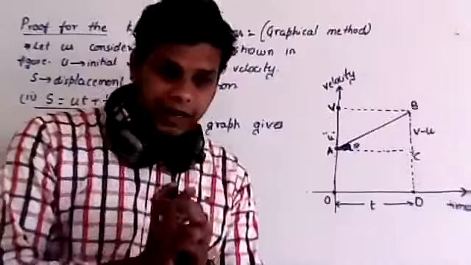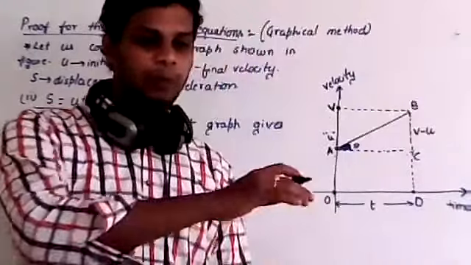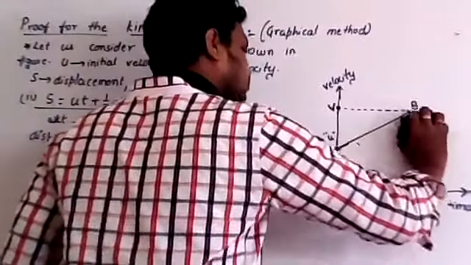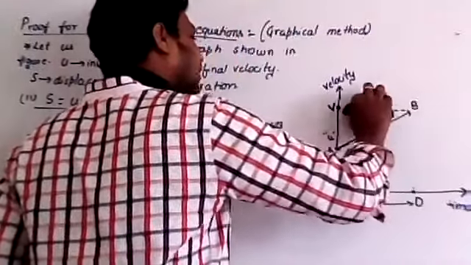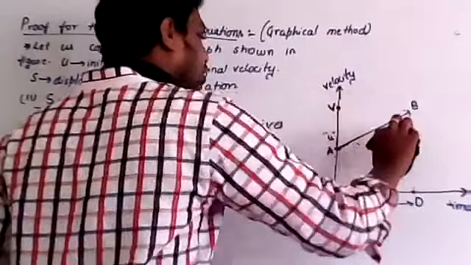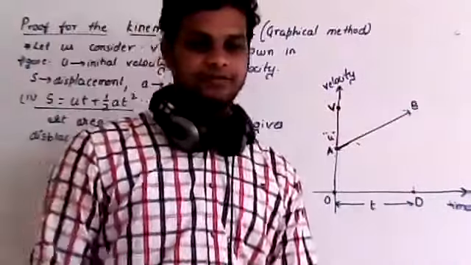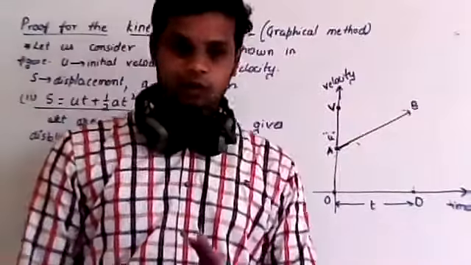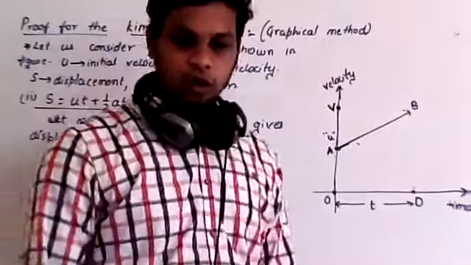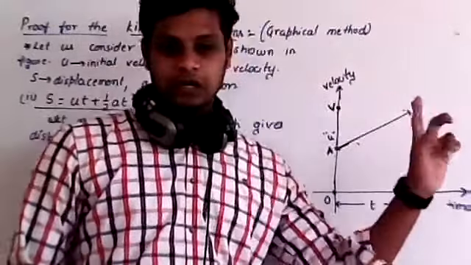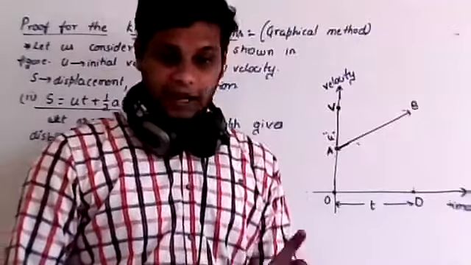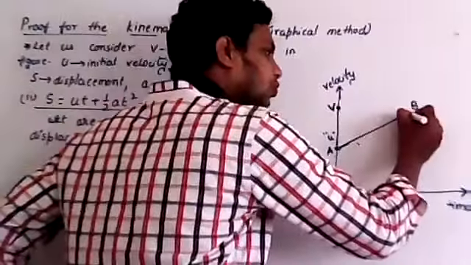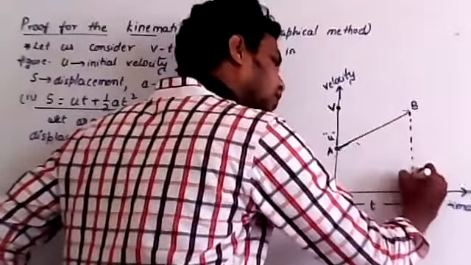Now what does the area under the graph mean? Remember, first you identify whether the graph is a closed graph or an open graph. First, I drew the graph like this, which means that it is not a closed graph. If the graph is not closed, then we have to draw a projection onto the x-axis.